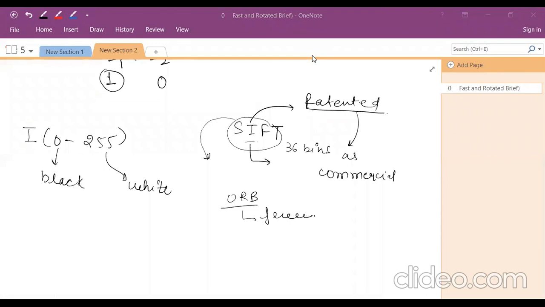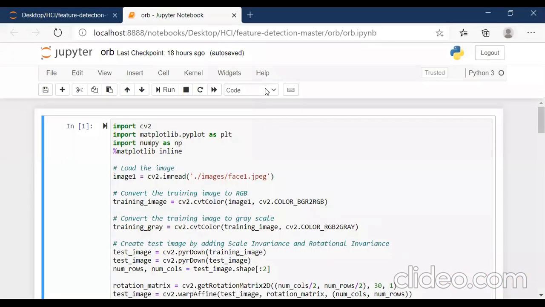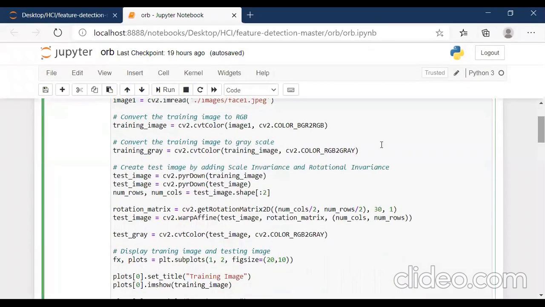The demo is very simple. Just like in the SIFT algorithm, the ORB algorithm's rules play. First, you have to read the image, then set the training image and the training gray image. Gray is the one having only two colors, black and white.